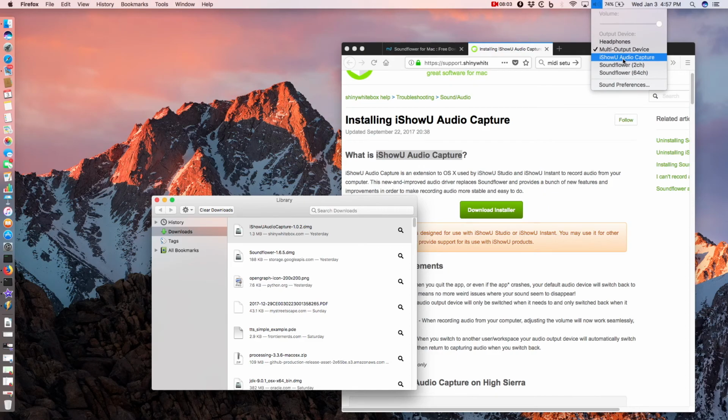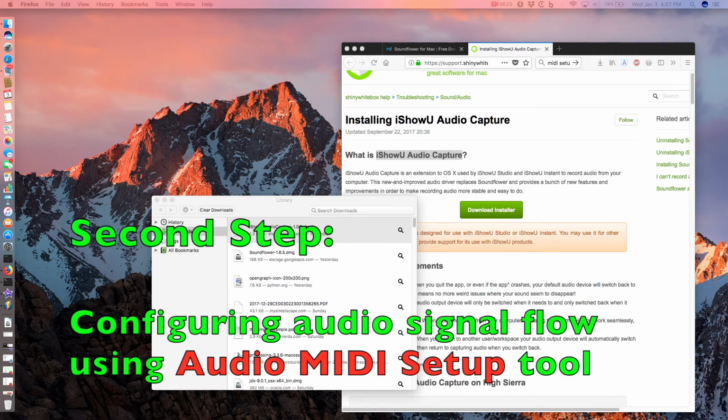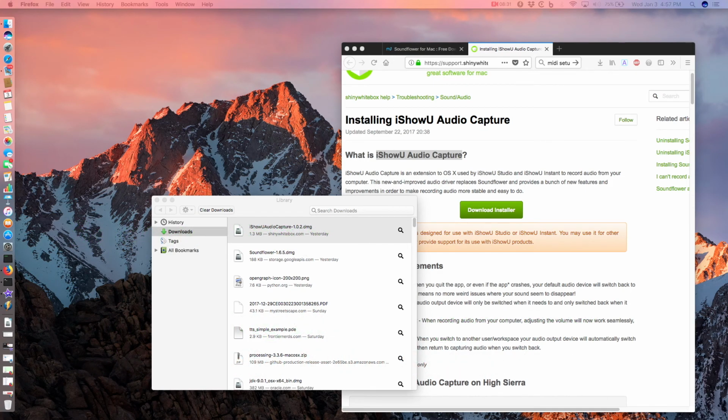of the audio devices. All of these things will show up either in the input devices list or in the output devices list. This is the output devices list, and you see that. So that's what you will notice immediately after you install these softwares. After you are done with the installations, now let's move on to the second step of configuring the audio signal